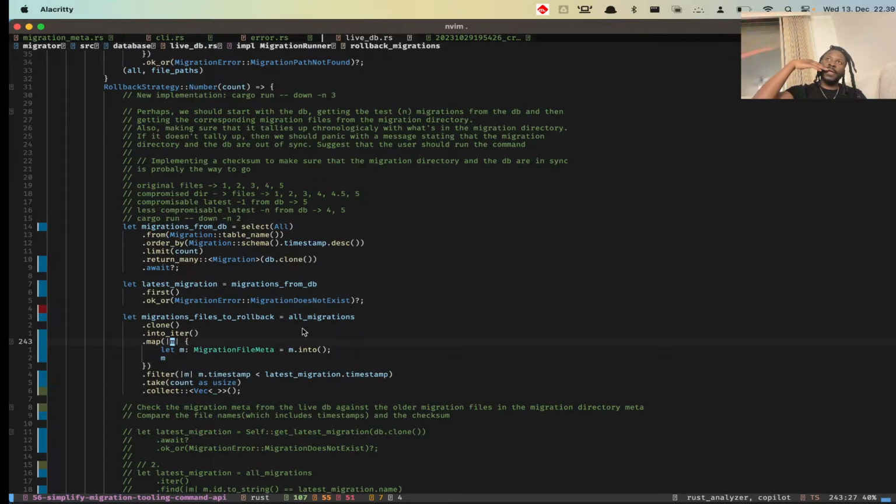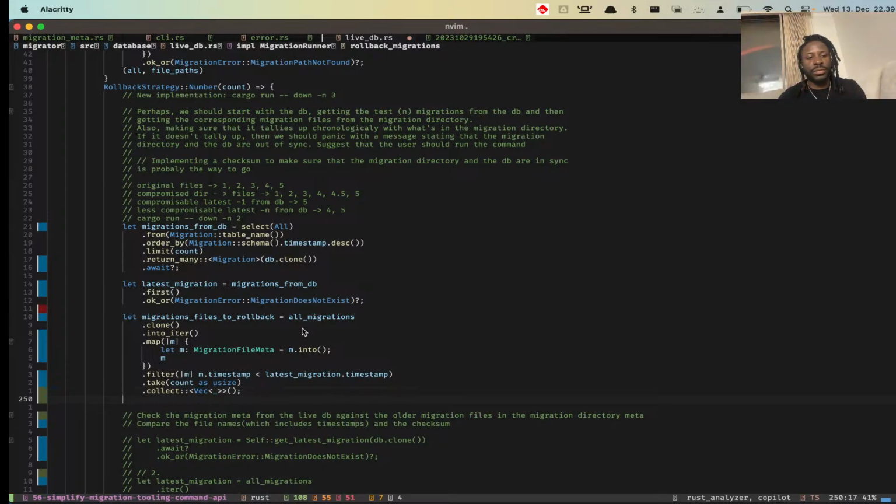So take the files that were generated before this time. This is what all this part is doing. So before the latest, right, take the ones. Then when we have that, so here now we're gonna have